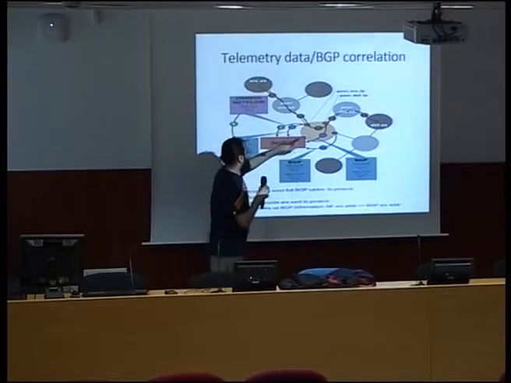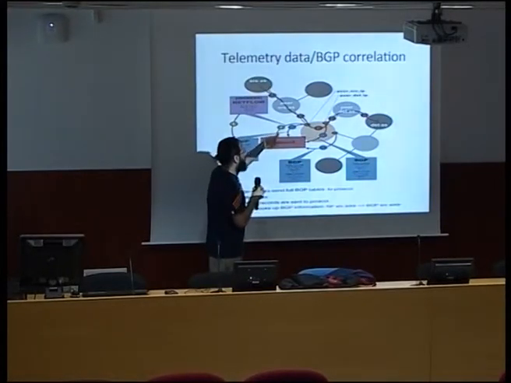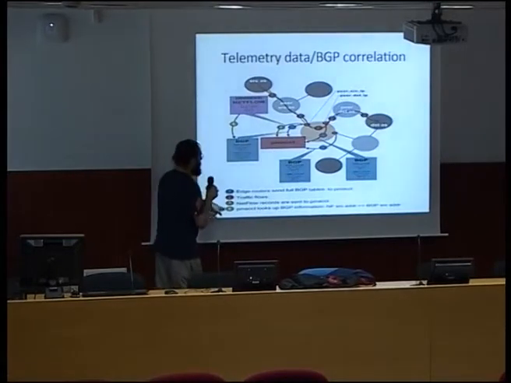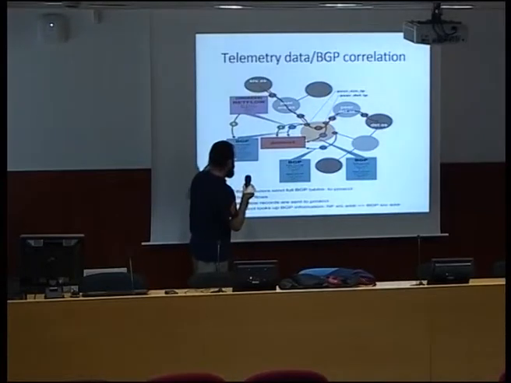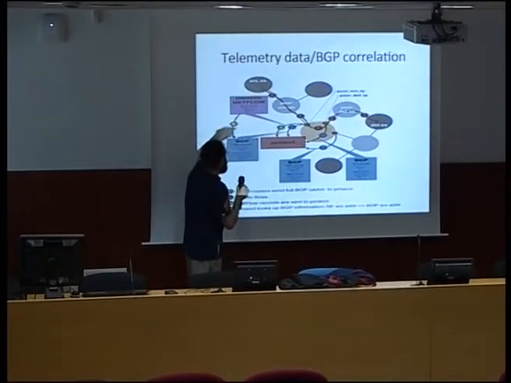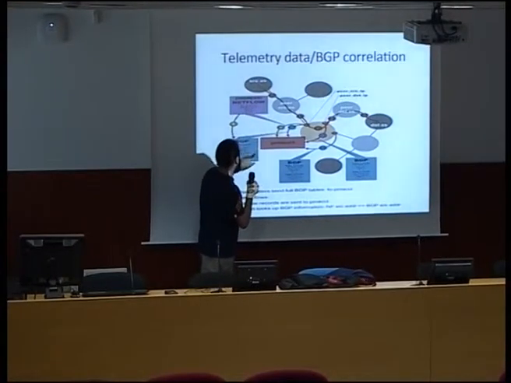Elicits the net flow, so it triggers the fact that we get a net flow record. So that's step number 3. And then step number 4 is that we correlate this. Where is step number 4? Yeah, here. Step number 4 is that we are getting this net flow and this BGP